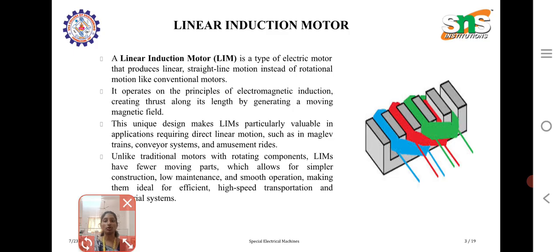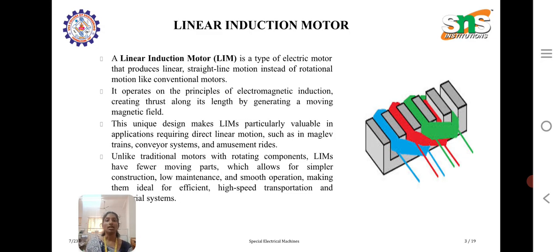Coming to linear induction motor, it is a type of electric motor that operates with linear straight line motion instead of rotational motion like conventional motors. It operates on the principle of electromagnetic induction, creating thrust along its length by generating a moving magnetic field. This unique design makes linear induction motors particularly valuable in applications requiring direct linear motion, such as in maglev trains, conveyor systems and